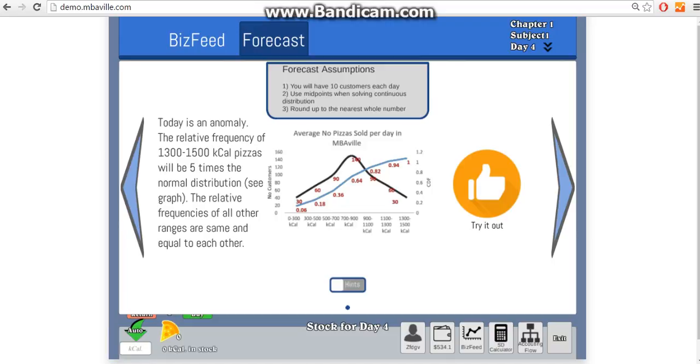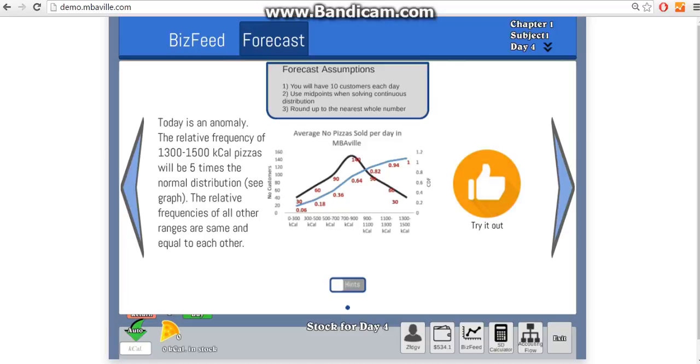And we also say that relative frequencies of all other ranges are same and equal to each other. So the relative frequencies of all other ranges are 1 minus 0.3, which is 0.7, and when they are same and equal to each other, there are six other ranges, and it's basically 0.7 divided by 6, which is 0.1. So the calculation for that will be